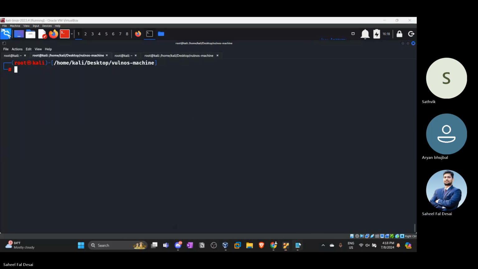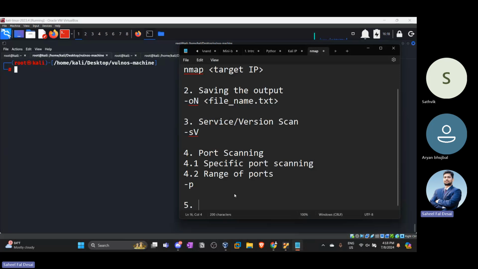Now, the next thing is, if you're working in an intranet network and you have two or three IP addresses to do testing on, usually what people do is on one tab they run one scan, on another tab they run another Nmap scan for that particular IP, and the third tab they use for some other scan for that specific IP. But in Nmap we can mention the range of target